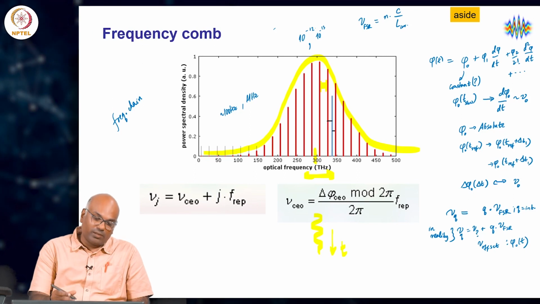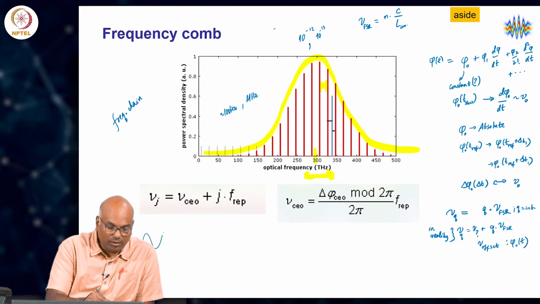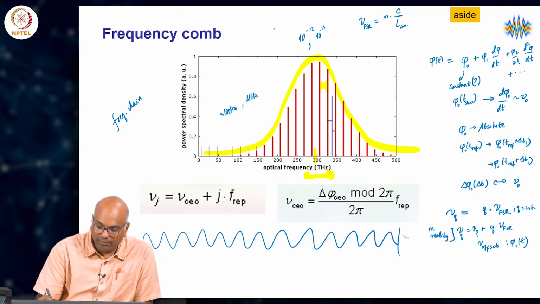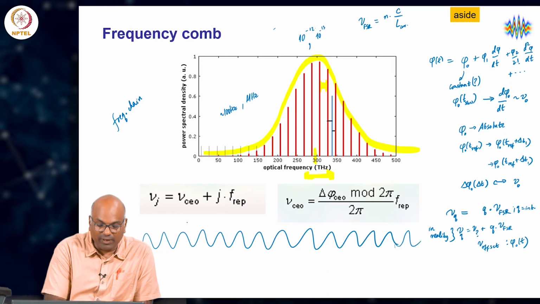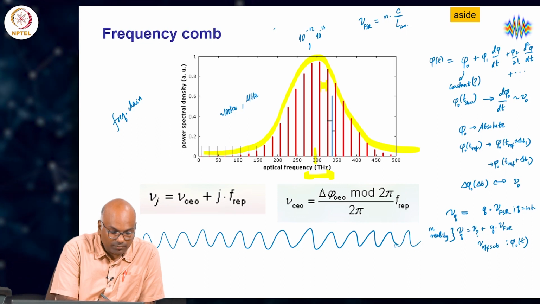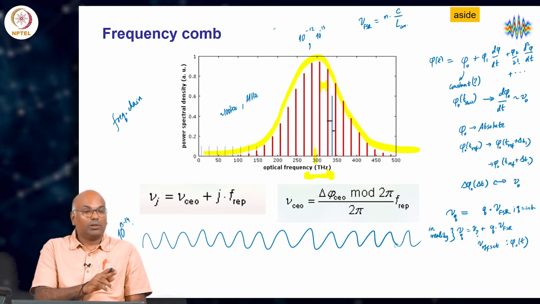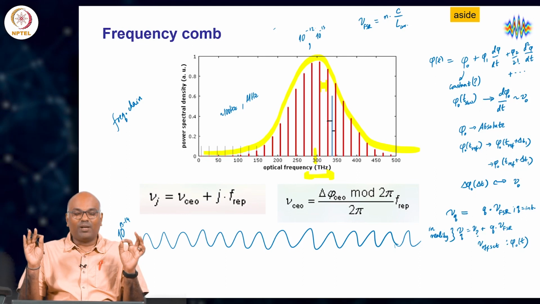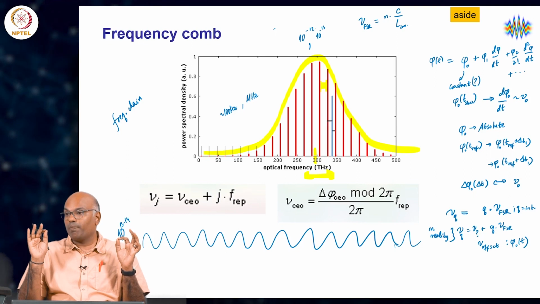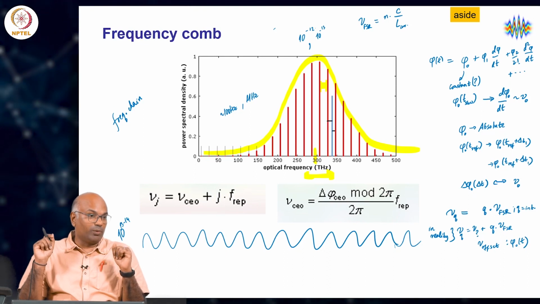And I cannot resist my temptation in saying that if we did this, what this literally means is that you have so many optical cycles, you somehow got a resonator where you manage to make a wave train like this, which has that many cycles, 10 to the 13 or 14 cycles unbroken, an unbroken wave, unbroken in phase for 10 to the 13 cycles or so, which is really impressive, and that is the level of timekeeping possible today.